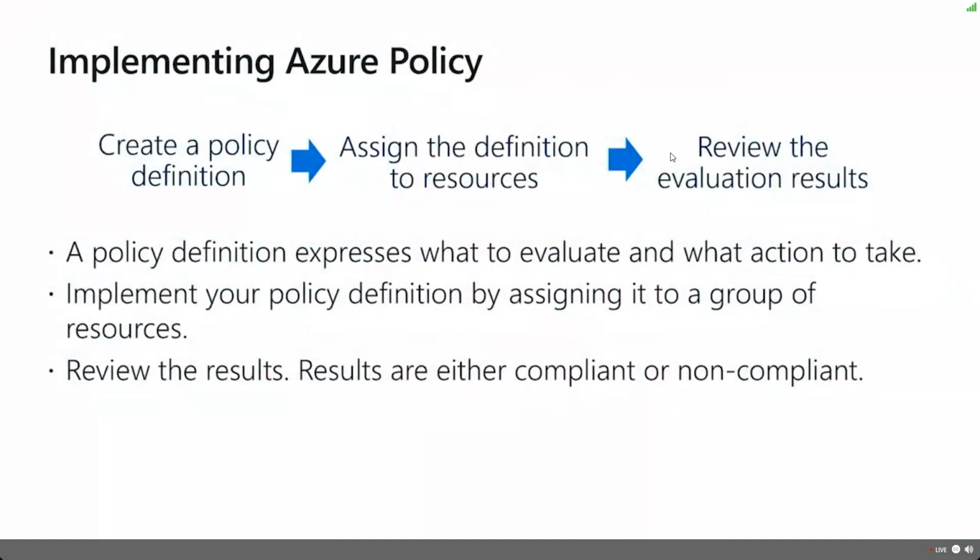But when you start working with Azure, how do you implement those policies? Well, after you create the definition file, you apply it, you assign it a scope, and you evaluate it to see what's going on. And policies have two effects. They can be audit policies, just a report, or they can be deny policies, which prevent users. So if Garrett were to try to create a resource in South Africa and I'm preventing that region, he'll be denied. The resource will not be created, and it'll tell him why. You can't do those things.